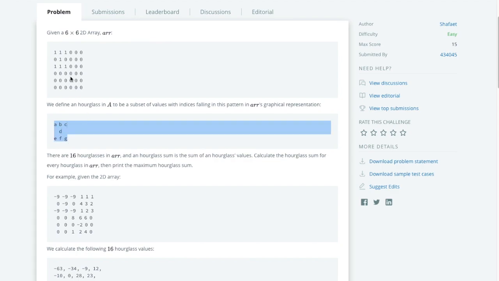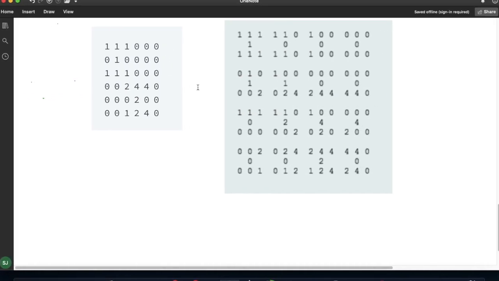So for example, let me explain here. Suppose this is my input array, then I have to create one hourglass structure, meaning this type of structure. This is the hourglass.